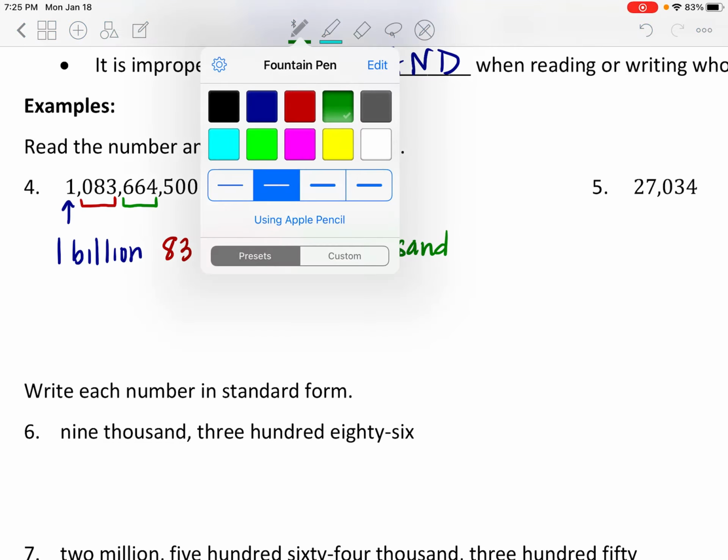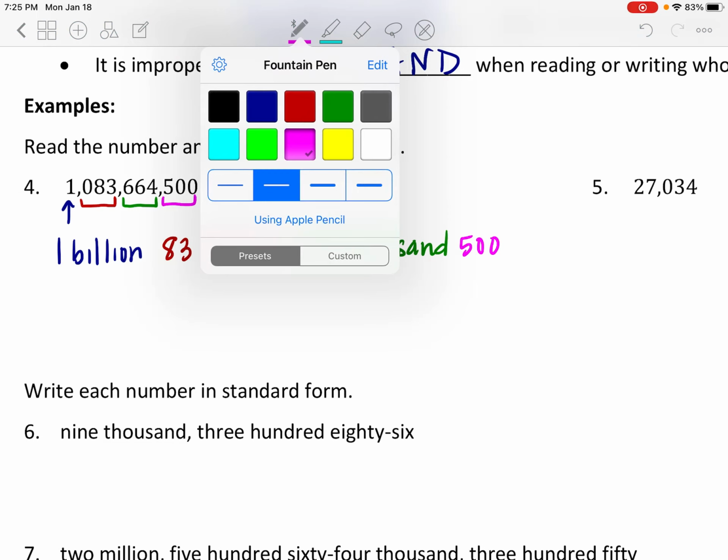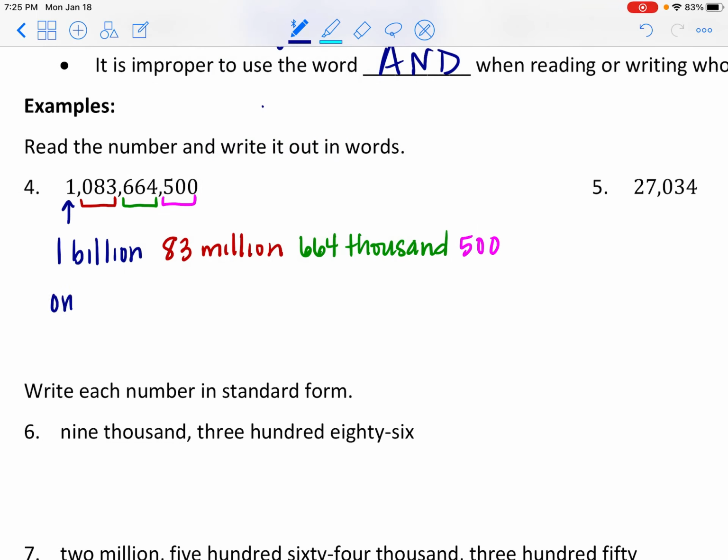And then we have 500 in the ones place, so we would say 500. But we typically don't put the ones period in that label. Now, I just wanted to start there. Technically, we should be writing out the 1, the 83, the 664, and the 500. So I'm going to go one more step here. So we're going to say 1 billion